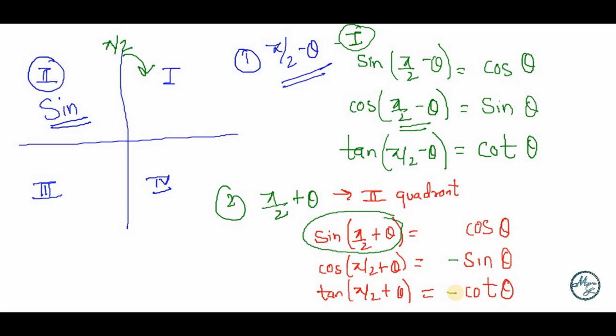Before we end the video, let us revise that we have studied the signs of trigonometric functions in all four quadrants. Remember the phrase all silver tea cups. In the first quadrant, all functions are positive. In the second quadrant, sine is positive, so cosec will also be positive. In the third quadrant, tan. In the fourth quadrant, cos.